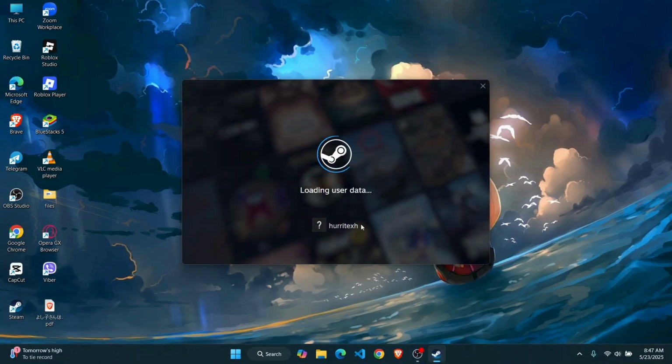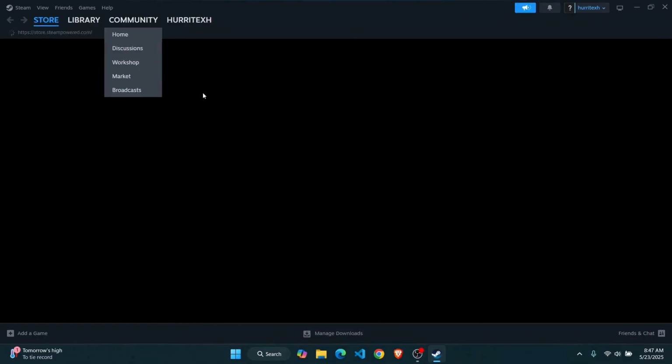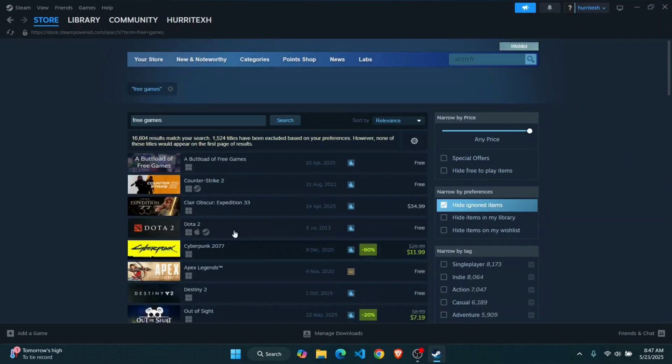You're going to have to log into your Steam account here as well. If you don't have one, you can create one. And then you can just search for free games on Steam. So you'll land on the homepage like this. Go to the search bar and search for free games. Hit enter and you should be able to see all of these free games that you can